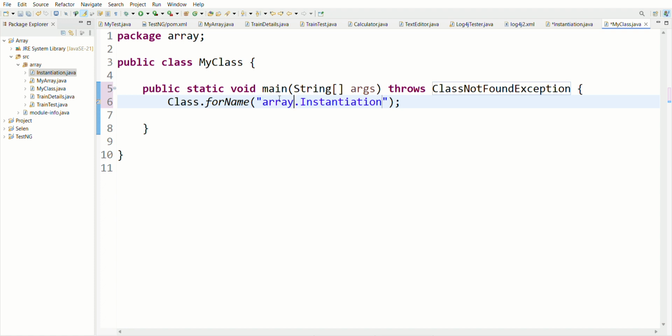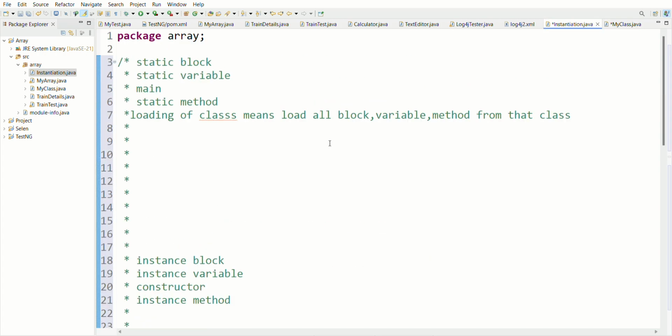Now JVM will go to the array package and search whether there is any class with the Instantiation name. If there is a class, then it will load it, and at the time of class loading, all the blocks, variables and methods of the class will be loaded. This is the first step.